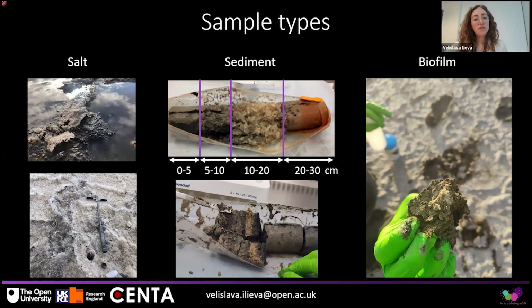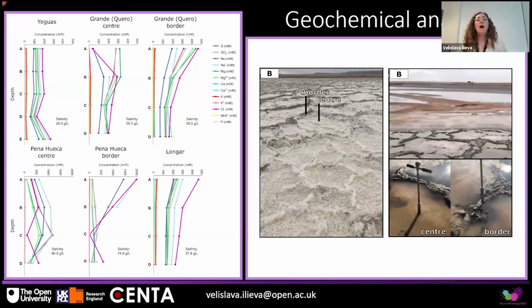You can see that at the top of the sediment, between 0 and 5 centimeters, you can only see thick sediment, whereas that changes with depth. At 5 to 10 centimeters, we see a mixture of salt and sediment, and at 10 to 20 centimeters, we see entirely salt deposits. And then at 20 to 30, again, another change in color as well. We see clay-like sticky mud with orange color. So we were very interested to begin this analysis.